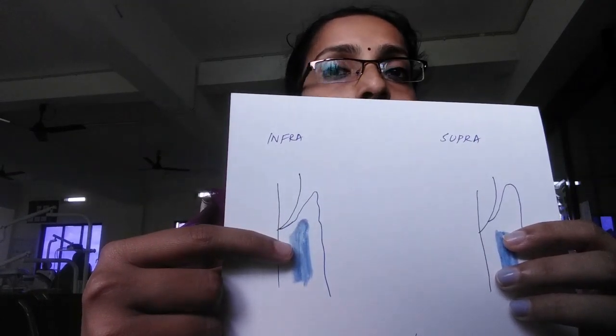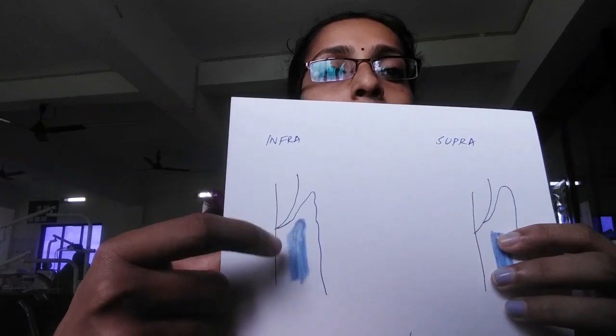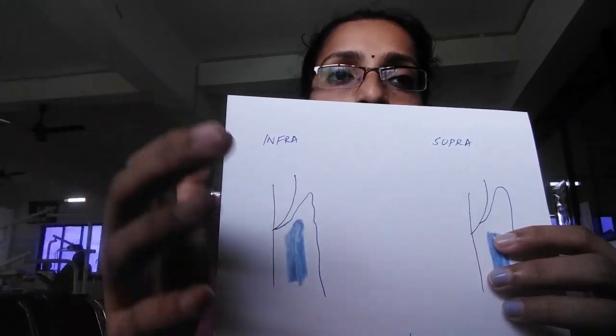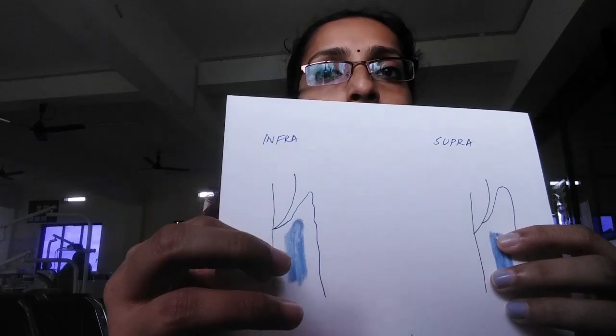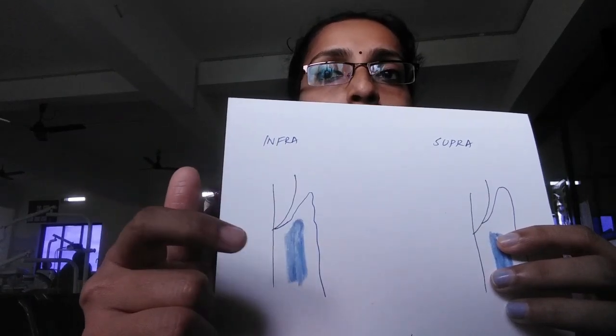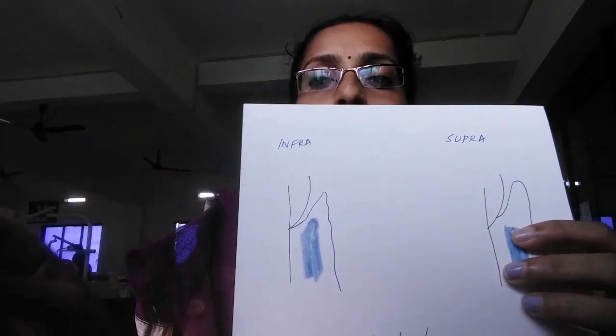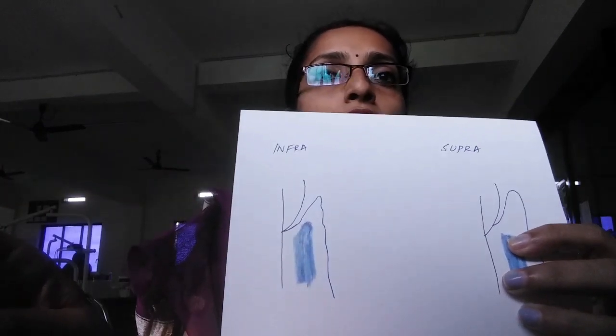Okay. Interproximally, the transeptal fibers, I have not drawn the PDL fibers here. In my PPT, in the diagram you can understand. Interproximally, transeptal fibers are oblique when it comes to infrabony pocket, and transeptal fibers are horizontal when it comes to suprabony pocket. Okay, so I hope infrabony pocket and suprabony pocket are clear to you. The level of pocket above the level of alveolar bone, suprabony. Below the level of alveolar bone, infrabony.